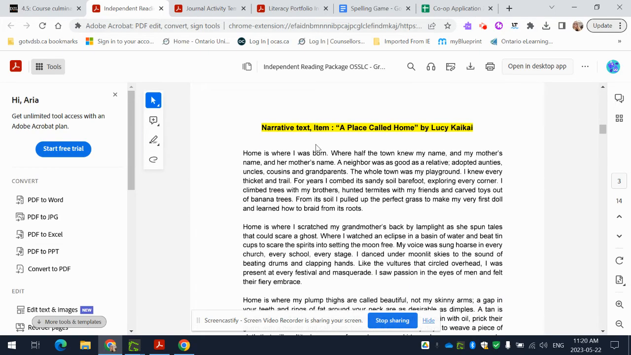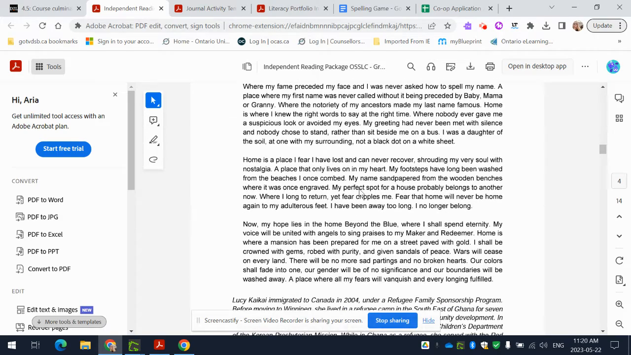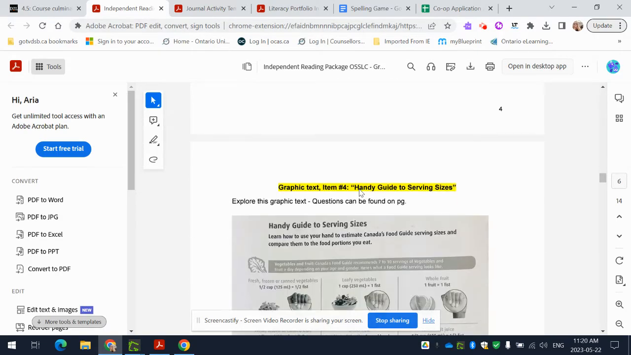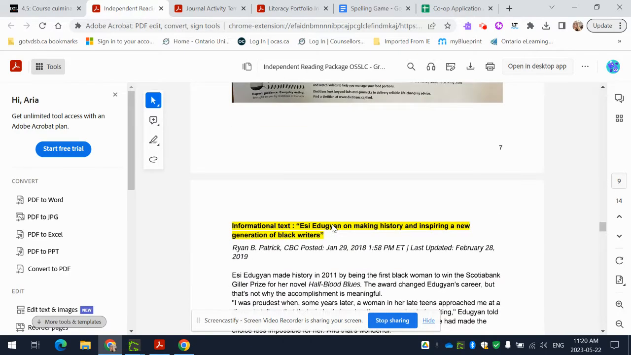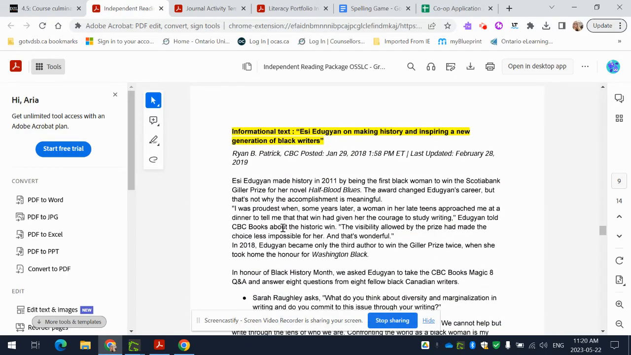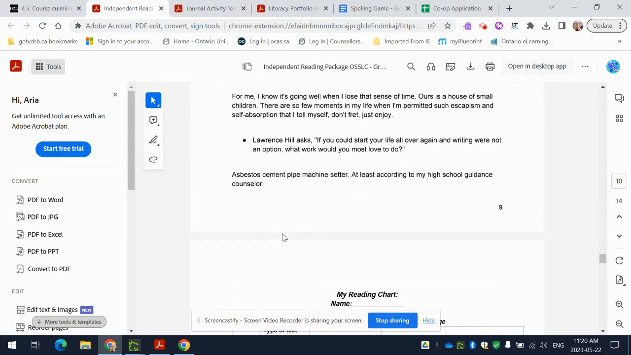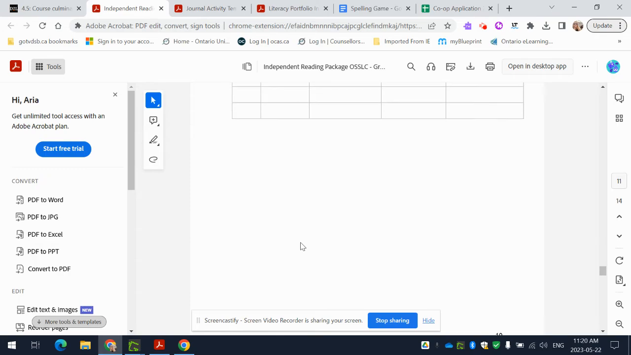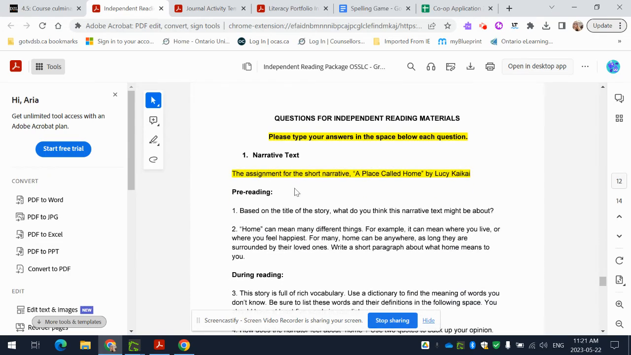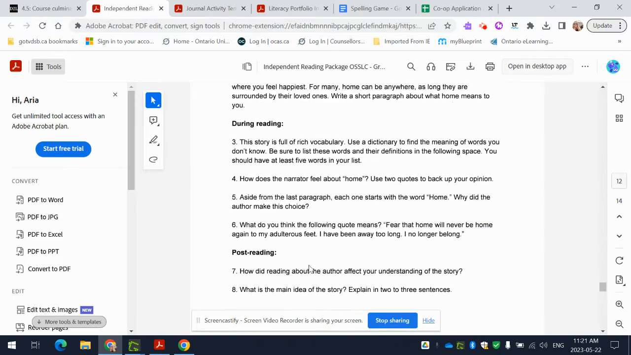If you scroll through, the first one is a narrative text. The second one is a graphic text. The third one is an informational text. And then you have your reading chart, so you need to chart when you were reading that. And then lastly, you need to make sure you're answering each of these questions for me